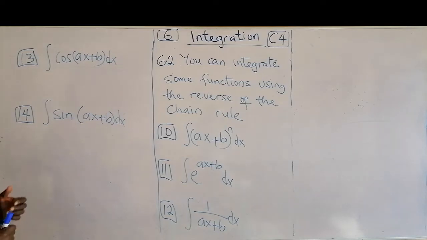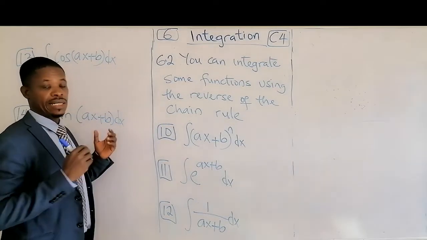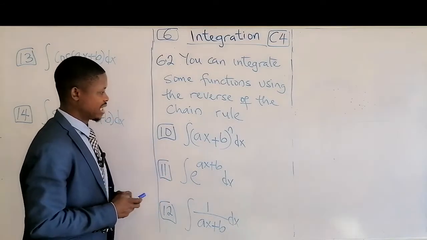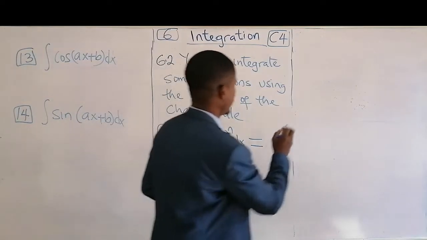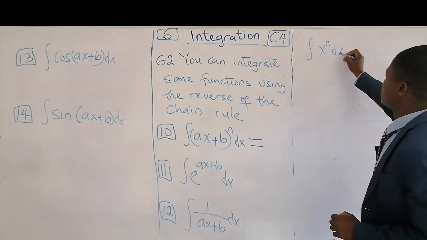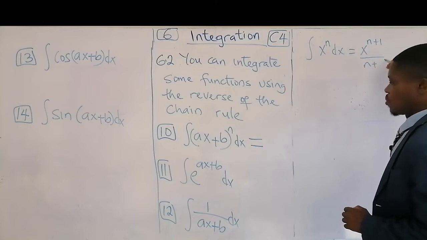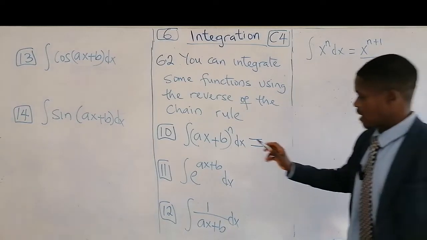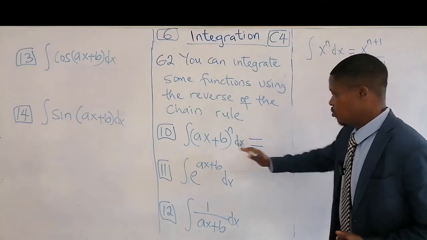In this section, we'll be looking at the continuation of table 6.1. Okay, and if you look at the following integral we have, it's very simple. This is similar to the first law that will say that the integral of this is equal to what? x to the power n plus 1 over n plus 1. But in this case now, something is added. We have a constant added, and we have an attachment to the function x. So the rule has not changed.